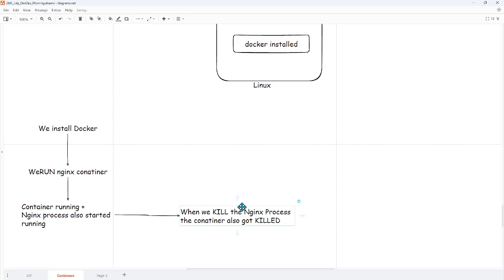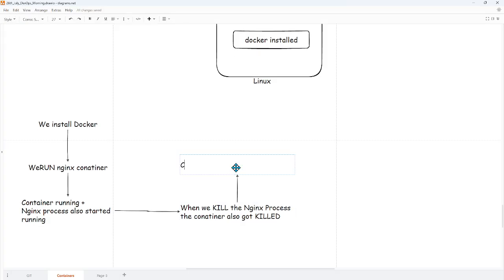So from here, can we say that a container is nothing but an operating system process, isn't it? No, we have not manually installed nginx. We have started a container of it.